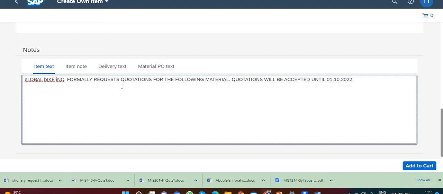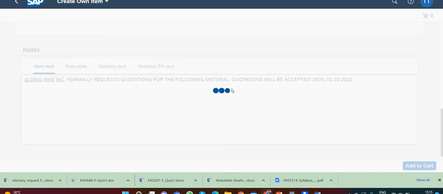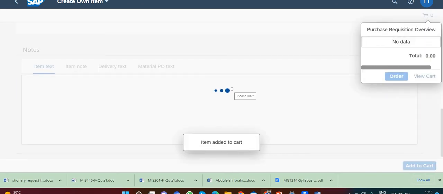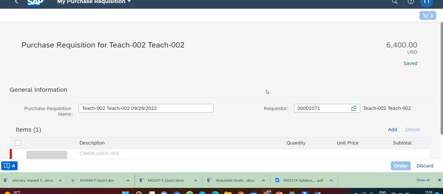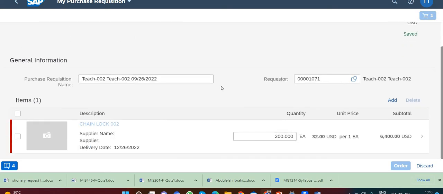And then after entering all this data, you will click on add to cart. Now what happened? You have one item available in your cart. What you do? You will click on view cart and you can see this situation is there. Now what we have to do here,